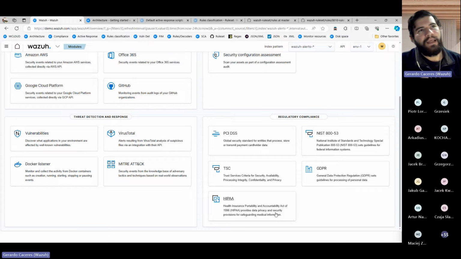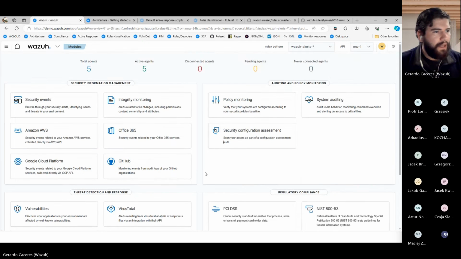But this means that we have these modules in place. It doesn't mean that Wazuh cannot help us with ISO 27001, for example, okay? It just means that we don't have an integration in place, but it's still helping us with those different compliance requirements, okay? That is something very important to know. And okay, well,